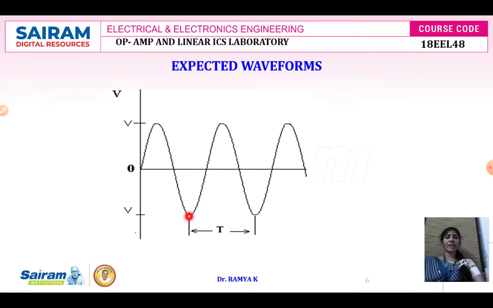So when you see the expected waveform, from the CRO we have to measure the time period for one complete cycle. So f is equal to 1 divided by T. After measuring the complete time period, we need to calculate the frequency f. Once it is calculated, we have to check whether the obtained frequency is 500 Hz or not. If not, we have to change the value of R1 and C1, and the amplitude should also be drawn.